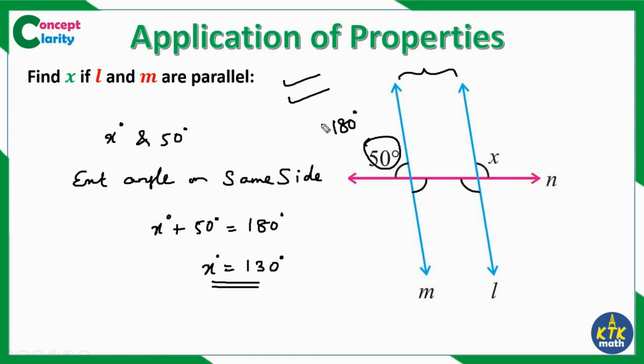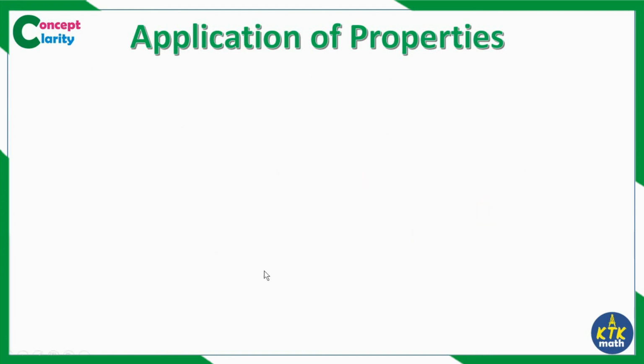So all that you need to know is only three properties. When you are naming the angle, if it is corresponding, it is equal; if it is alternate, it is equal; if they are on the same side, subtract from 180. Once you are thorough with these concepts, you can find the answer for transversal diagram questions just by looking.